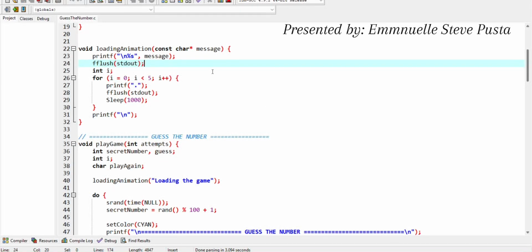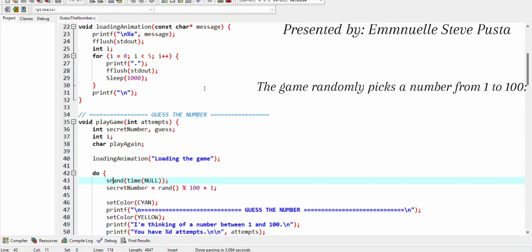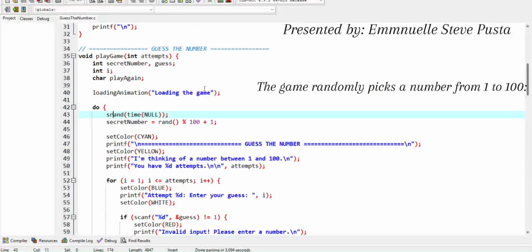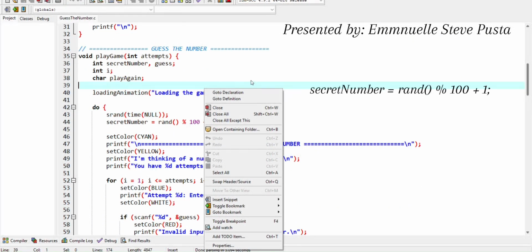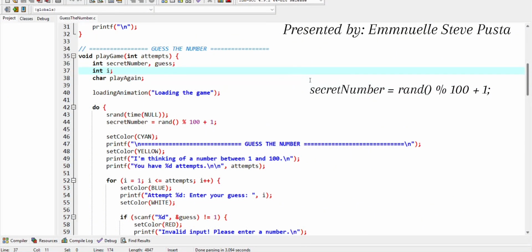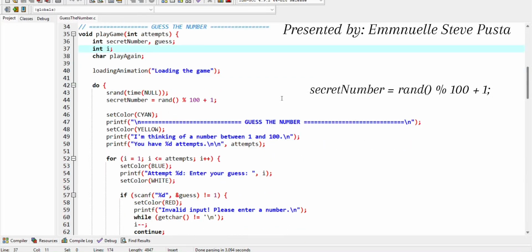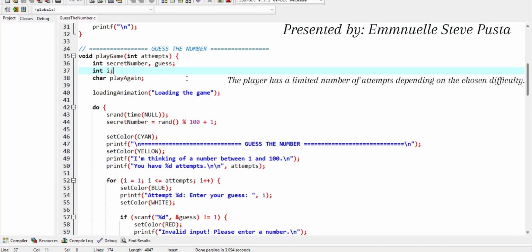Hi everyone. I will be discussing the main game logic inside the playGame function. The game randomly picks a number from 1 to 100: secretNumber equals rand() % 100 + 1; The player has a limited number of attempts depending on the chosen difficulty.